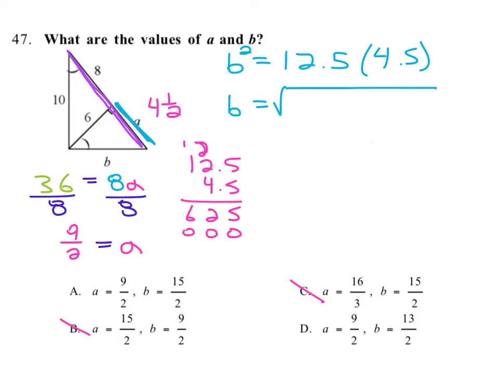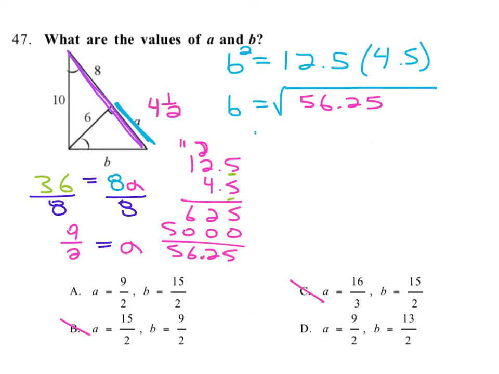Carry the 2, carry the 1. And we've got how many digits behind the decimal in the problem? We have 2 digits behind the decimal in the problem. This digit and this digit were both behind decimals. And so in our answer, we have 2 digits behind it right there, right there. Okay, 56.25. That's what we need to square root,